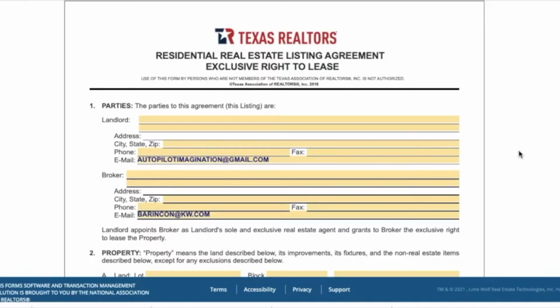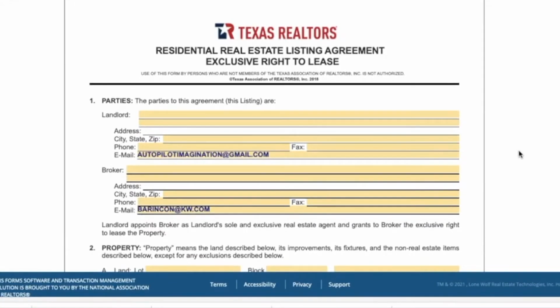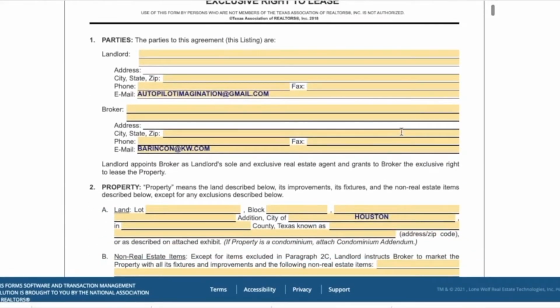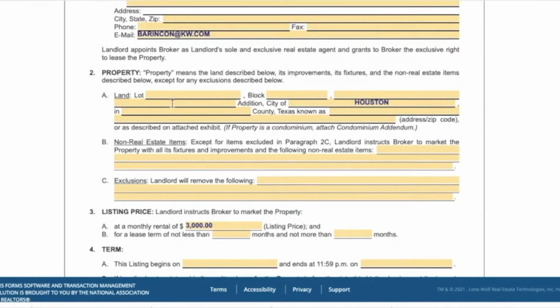So this is the exclusive right to lease. This is the form you'll use to list landlords' homes on the market to attract potential tenants. For the property, you'll want to get this information from the legal description as found in the county's tax record. So you can either use Matrix Realist Tax, or you could just look up the tax county's appraisal district on